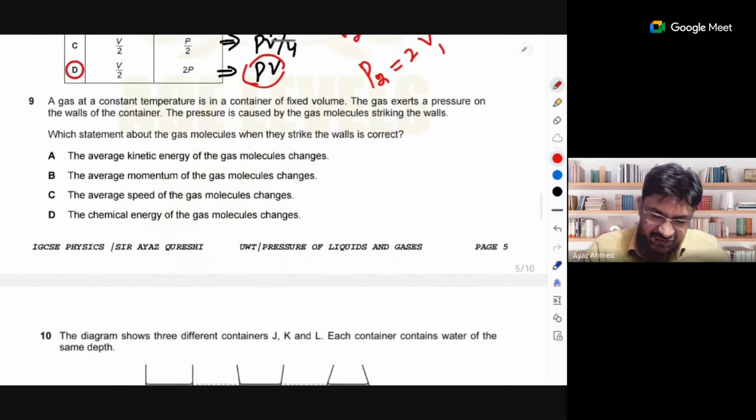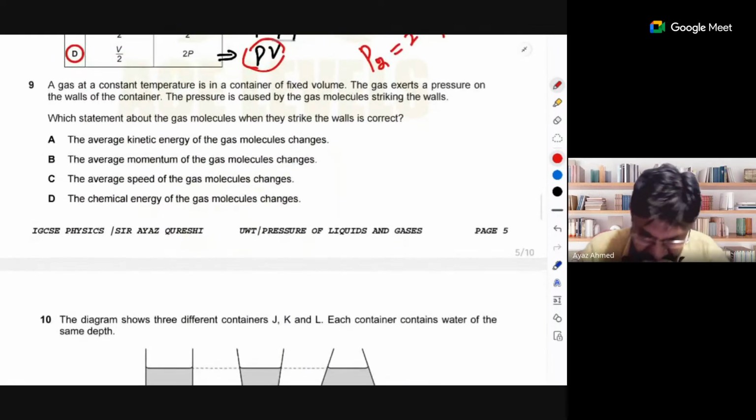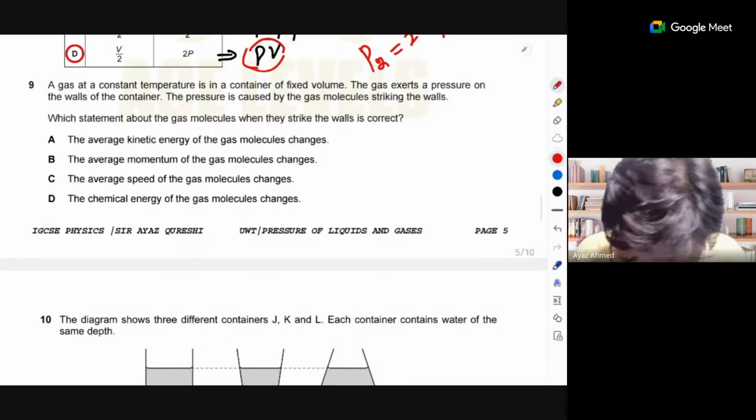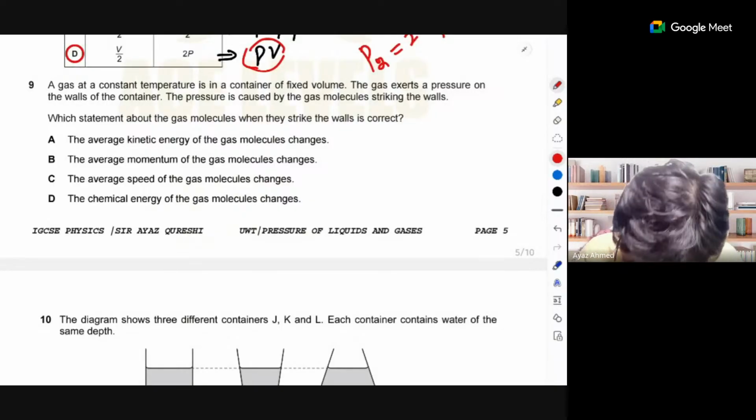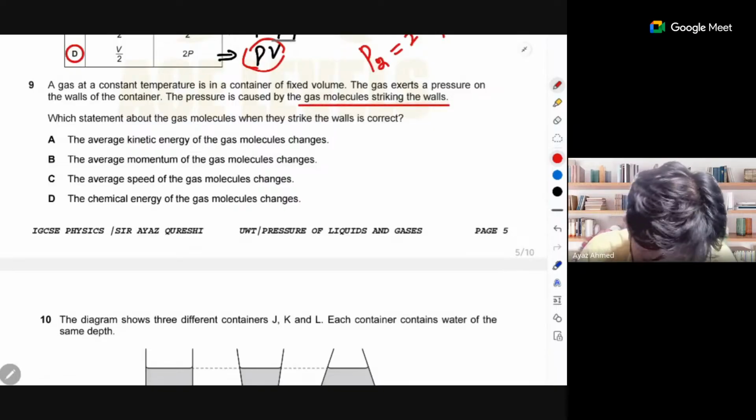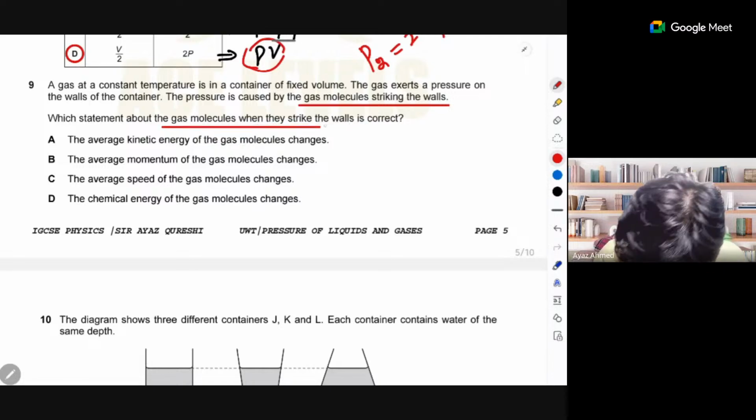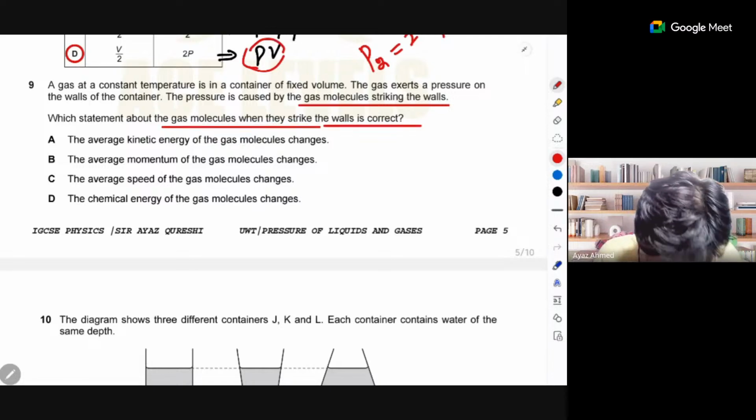The next question is a logical question. In this question, a gas is in a container of fixed volume and temperature. The gas exerts pressure on the wall of the container. The pressure is caused by the gas molecules striking the wall. Which statement about the gas molecules when they strike the walls is correct? The average kinetic energy of the gas molecules changes, the average momentum of the gas molecules changes, the average speed of the gas molecules changes, the chemical energy of the